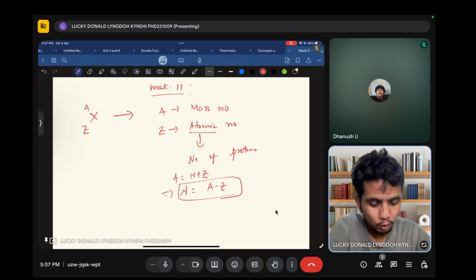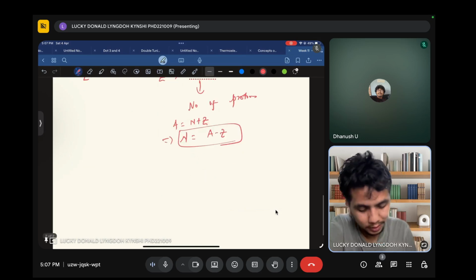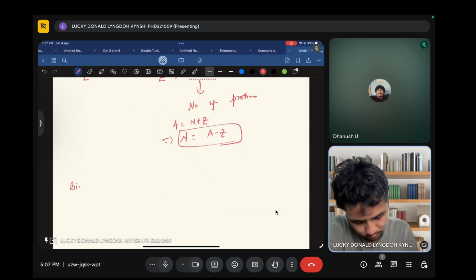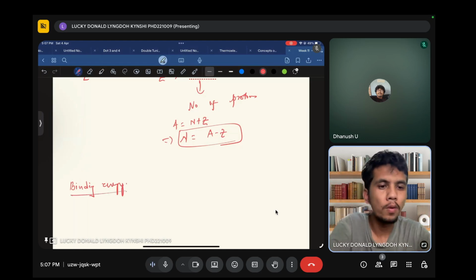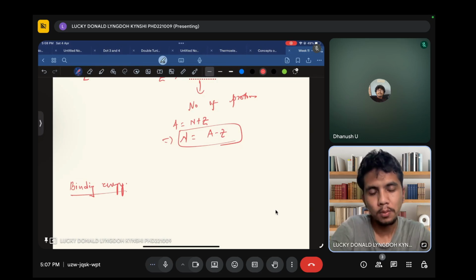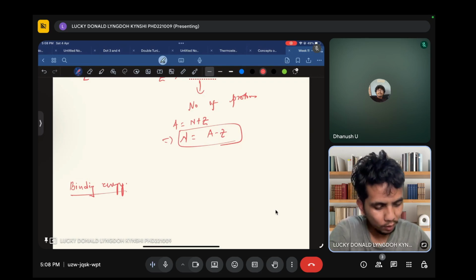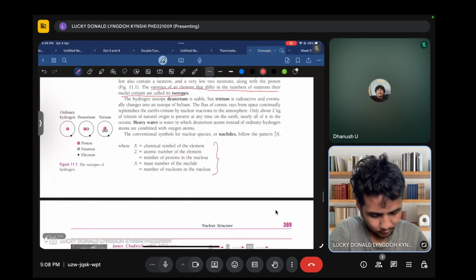But what we are more interested in is binding energy. This is one of the beautiful concepts: binding energy is the amount of energy required to hold the protons and neutrons together, or the amount of energy required to break apart the protons and neutrons. That is what we mean by binding energy. The higher the binding energy, the more stable the element. Going back to the textbook,